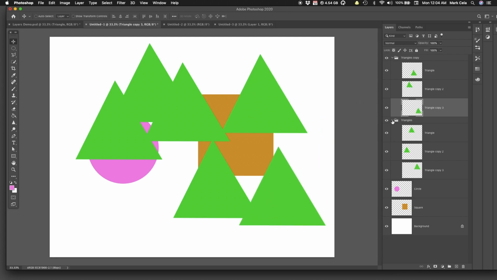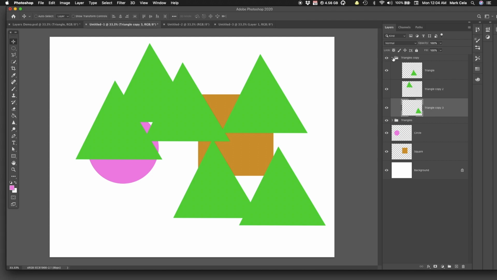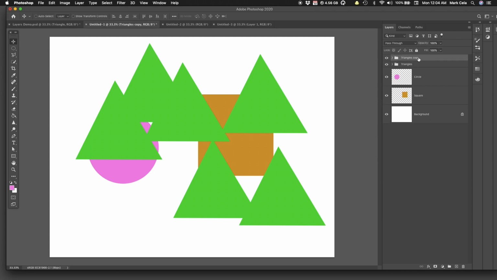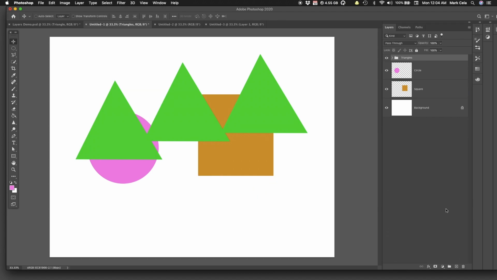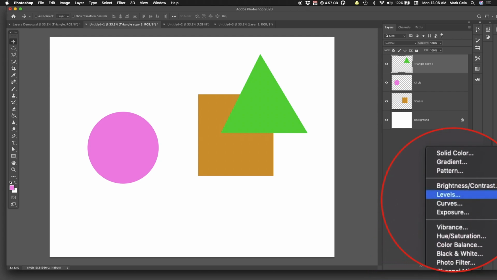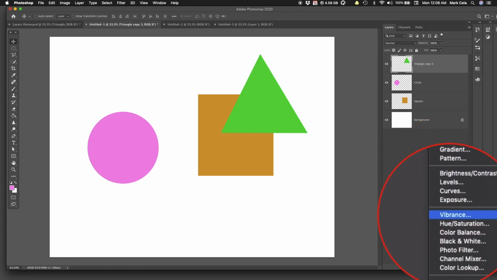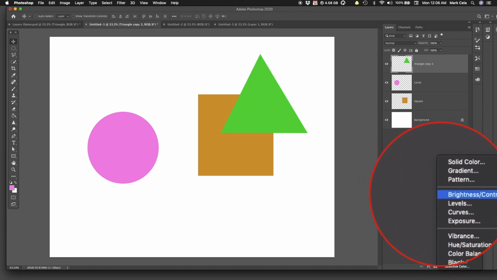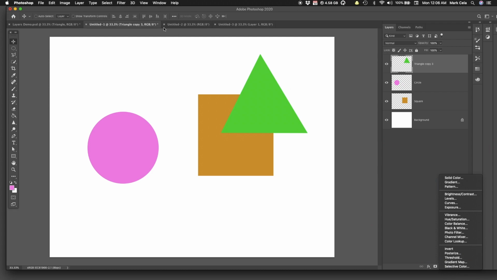And the other thing that we can do is we can also get rid of them if we want to. So we could drag this entire folder down to the trash, and it will delete everything in it. The next button that we have here are what are referred to as adjustment layers. And adjustment layers are interesting because they have a corresponding menu